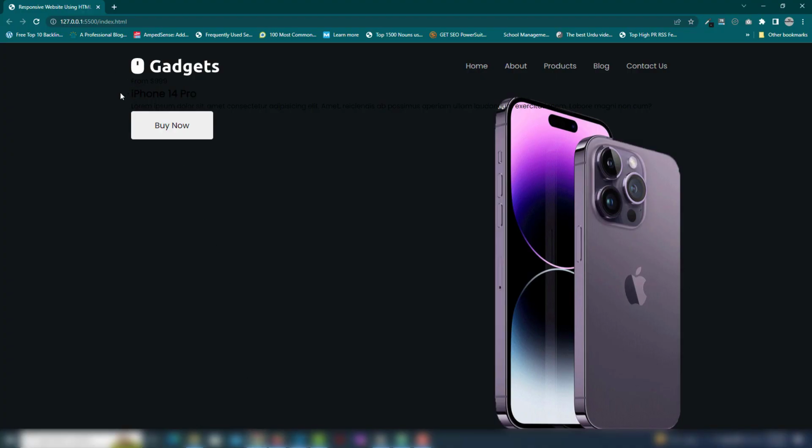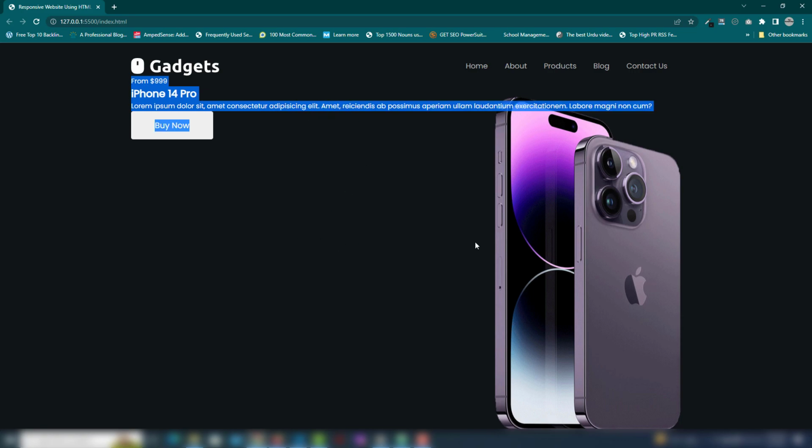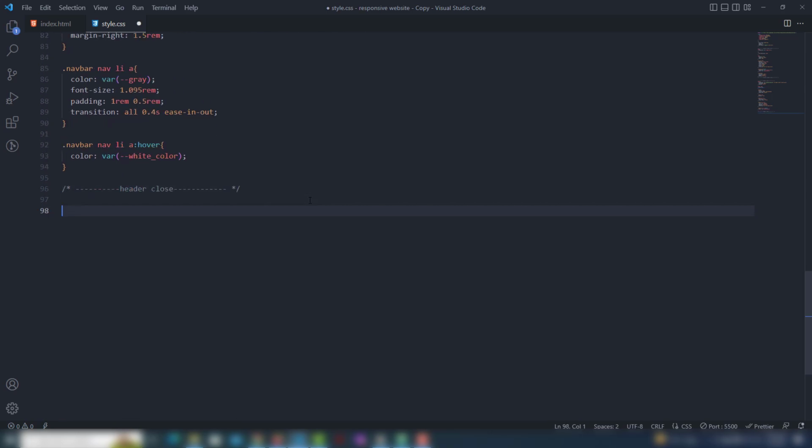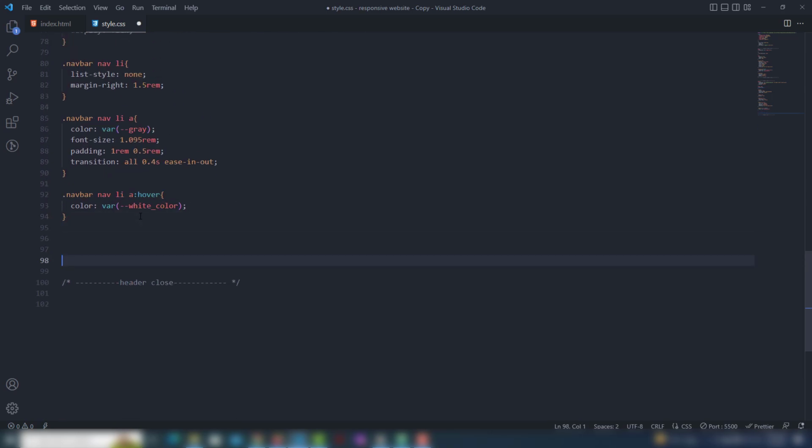I want to display the content in the center of the image. So let's work on that. So this is the header, but this time I'm gonna use showcase start, showcase close, right? In the showcase, we're gonna use the showcase dot content,